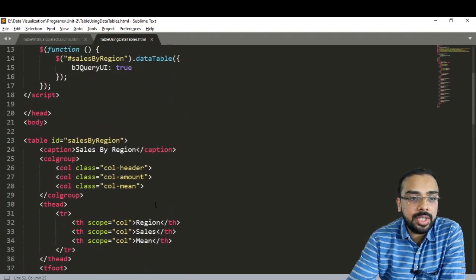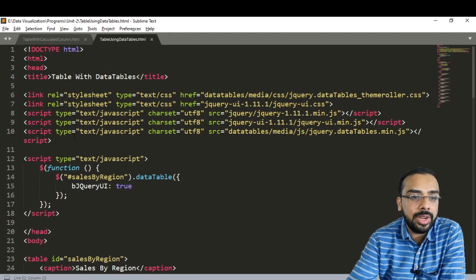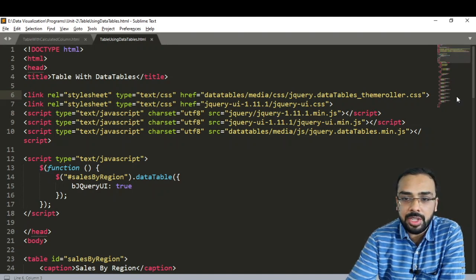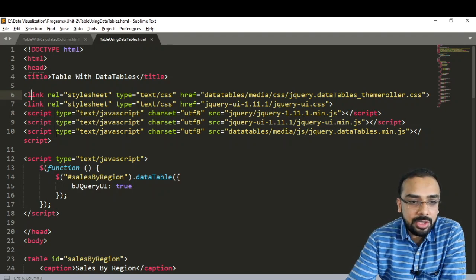The first thing you have to do is provide the reference. So here I am linking my data table CSS file. To link a CSS file of data tables, you have to use the link tag, rel equal to stylesheet, type equal to text/css, and I have specified this particular CSS library. Then I have included the jQuery library. Then at the end you can see I have again included a script JavaScript file of the data table library, that is